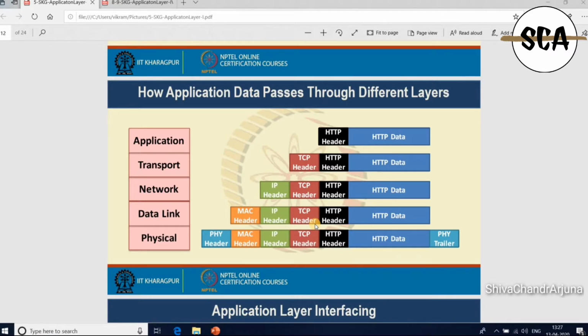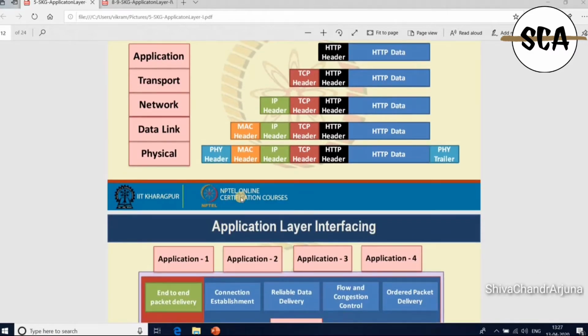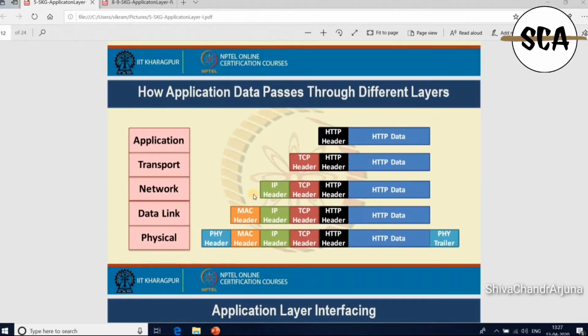When you send a packet from the application layer, the HTTP data is a payload for your HTTP header. Then when it comes to the transport layer, this HTTP header plus HTTP payload data is a payload for the TCP header. Like that, the TCP header is a payload for the IP header in the network layer, and the IP header is a payload for the MAC header in the data link layer as well as the physical header here. So in this process, the data passes through the different layers. We are adding new headers for each payload data.